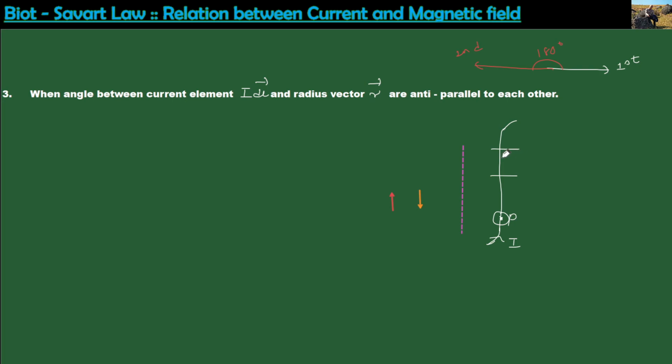And then this I will consider the dl bar. This will be some current element. So this will be the direction of I dl. Since this is the direction of I, I dl will be in the upward direction. Then next, suppose you consider the point P in the downward direction with respect to this I dl, then